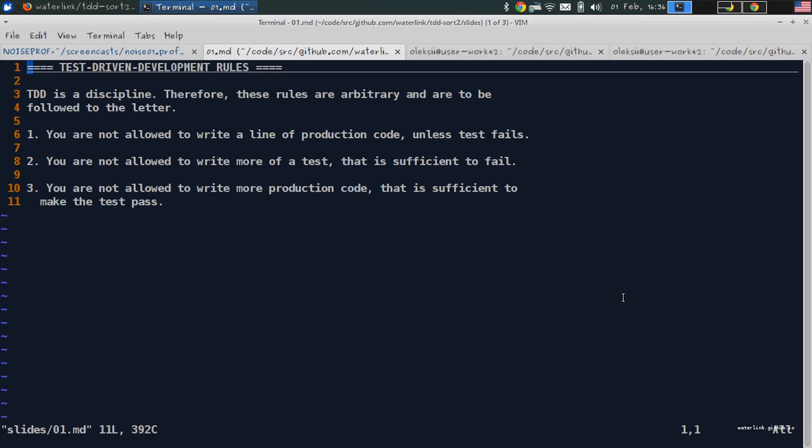So you may ask, why should I follow it to the letter? Why can't I follow it generally, but sometimes not follow it? Well, you can. What happens in this case? What happens if you slip there, if you write a bit of production code, a bit more than you had to write to make the test pass, then you write a bit more test than you had to to make it fail,